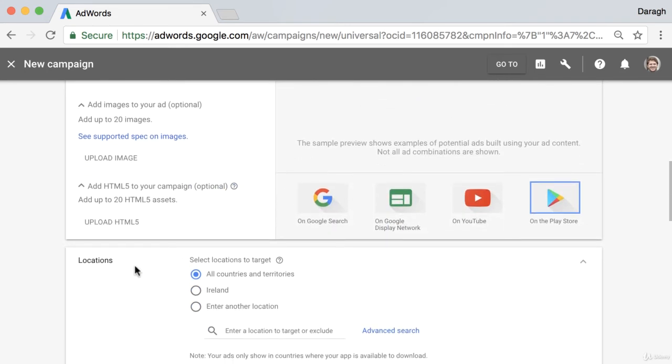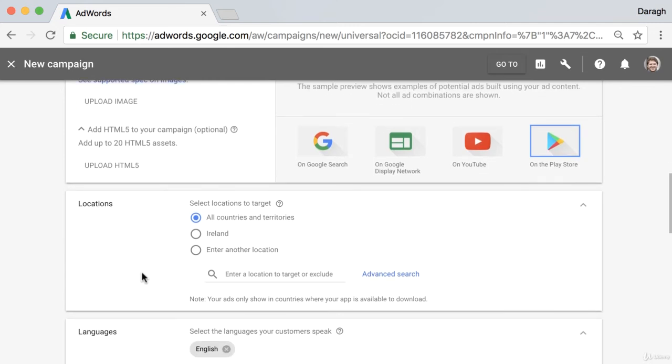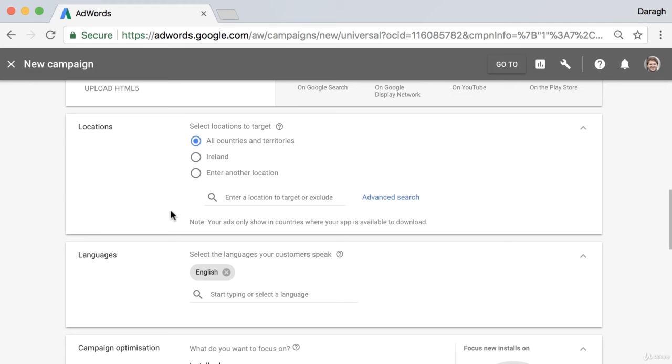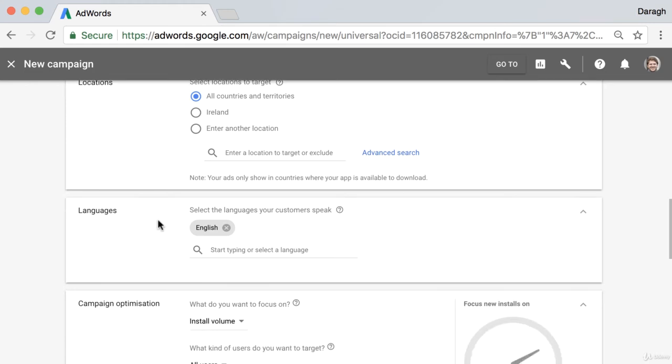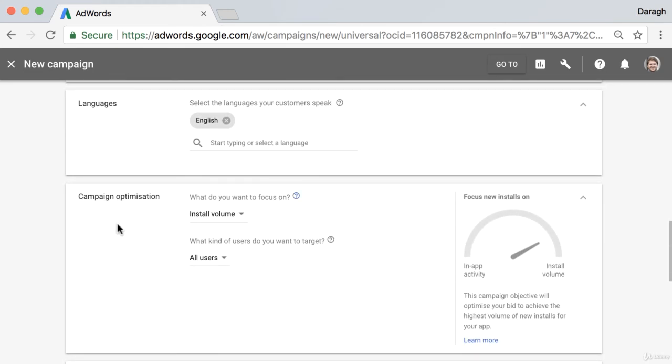Now coming down, we can select the locations where we want this app install ad to appear. We can select countries, different cities, etc. We can select different languages. So then here in campaign optimization, we can focus on either getting installs of apps or some in-app activity. And depending on the choices you make here, it'll show you whether you're focusing on new installs or in-app